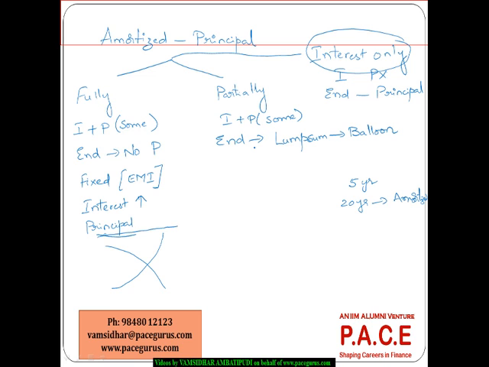All kinds of combinations can very well be worked out in this case, right? So how the principal is getting amortized is one more major aspect of the residential mortgages. Then what is the kind of provision they provide with respect to the prepayments? One more important aspect for us to look at.